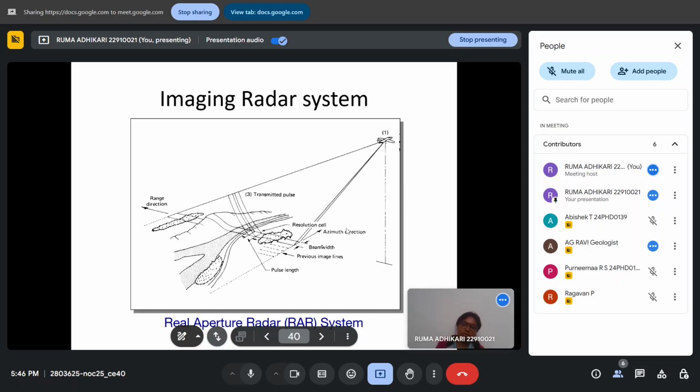So real aperture radar, that is, suppose we have not entered into the synthetic aperture yet, we are only seeing that there is a radar, it is moving, and it is working like that. This way it is illuminating the surface and getting the signal. And these lines are ground to slant, or slant to ground, you can say. And pulse length, beam width, the resolution cell, these things. So it is real aperture radar